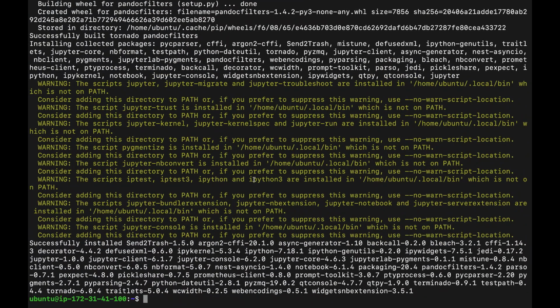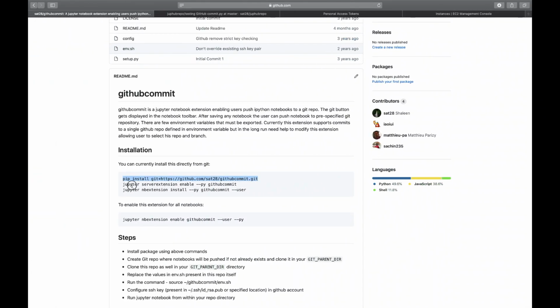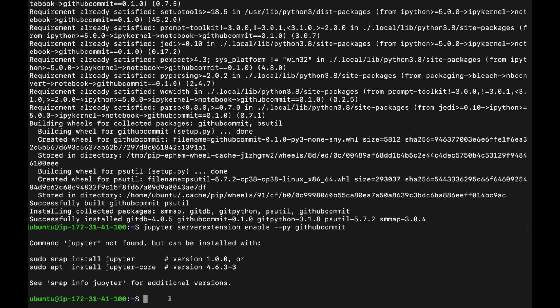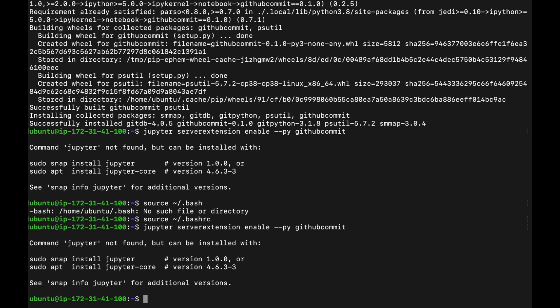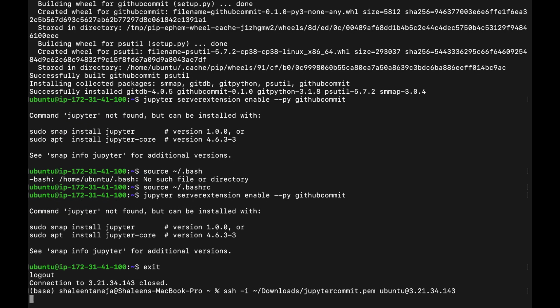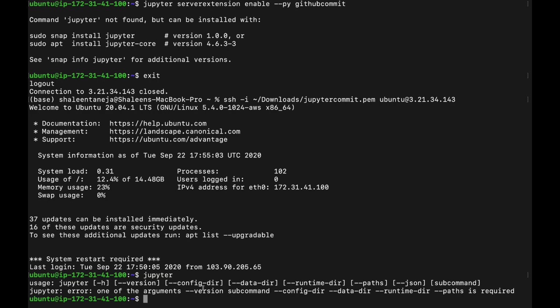We install the extension first of all, so this should not take much time. We can copy the server extension. So basically, after installing the extension, we integrate it and bridge it with Jupyter, and it says command jupyter is not found. Basically, we have installed Jupyter using pip, but it would require a log out and log in back to the machine for the terminal to understand that Jupyter actually exists. Yeah, you can see now we are good to go.